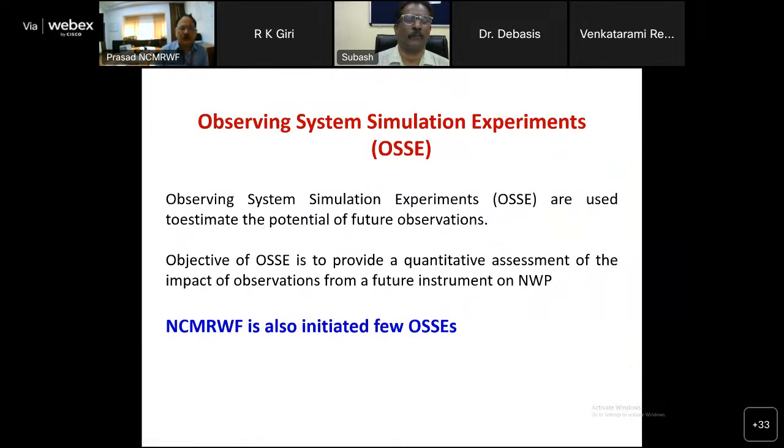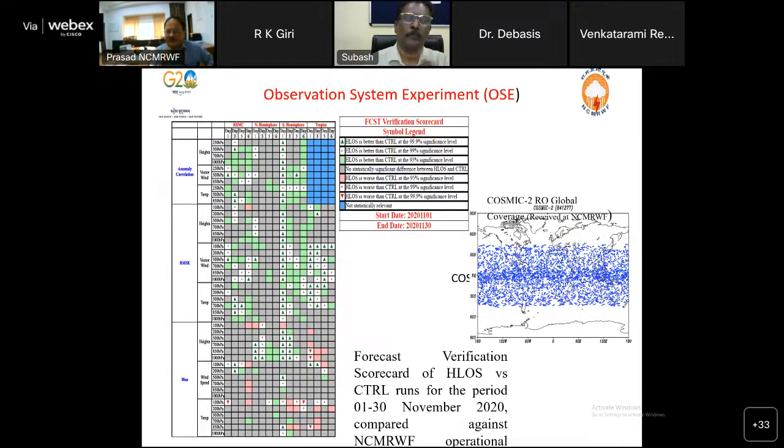For getting these improvements, many new data sets are being used, and for assimilating the new data sets, we have implemented a strategy by conducting observing system experiments, and other measures such as FSOI, etc. have been implemented. In the OSE system, what we do is when a new observation comes, we use that observation and run the forecast, and by denying that observation, we run the forecast